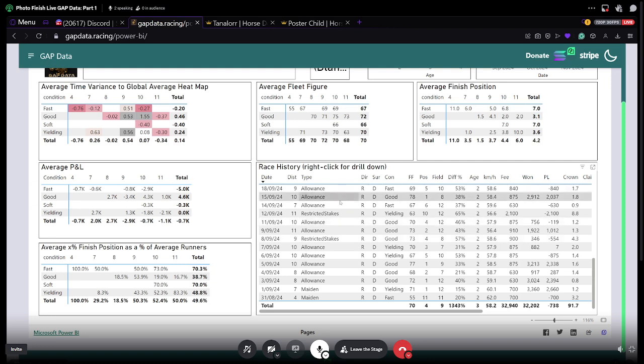When a horse first starts off, their fleet figure is pretty low. It almost is always low, so you've got to ignore it for the first part of the season. I always go based on results more than anything. I would have kept racing him at 7, 8, 7, 8, 7, 8. And based on this,